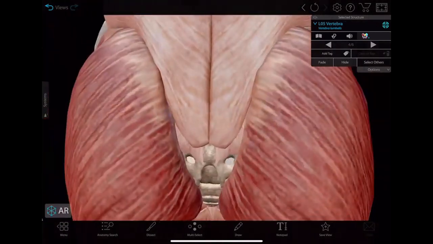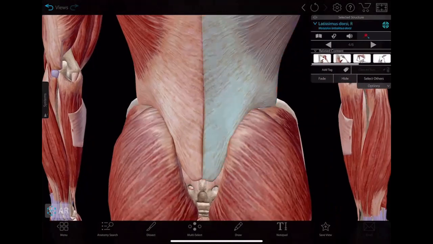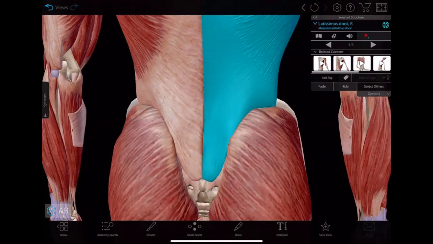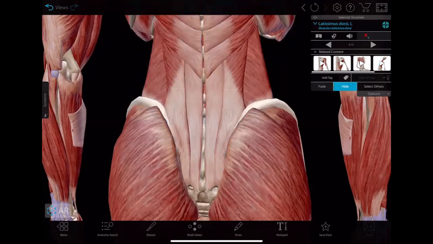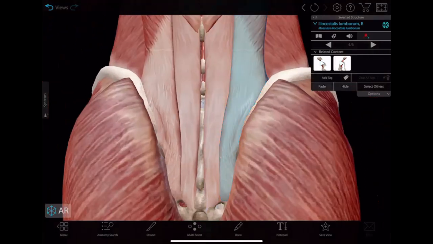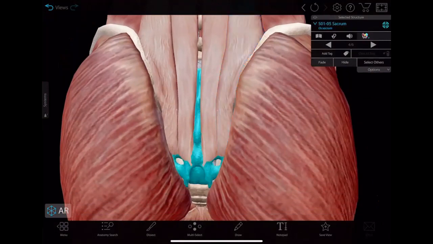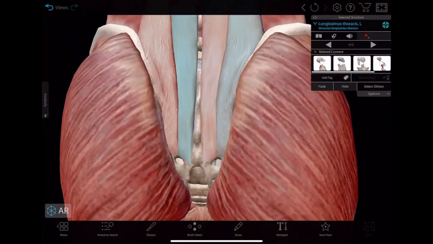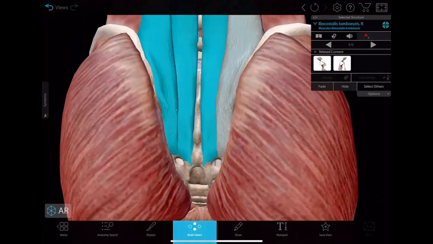Coming to the back muscles, that is latissimus dorsi, which is most superior. We'll hide it. Okay, so these are the intermediate group, right? These are the erector spinae. Okay, the intermediate group, erector spinae, they attach to the sacrum, right? That is the sacrum. Erector spinae attached to the sacrum, right? We will hide them.